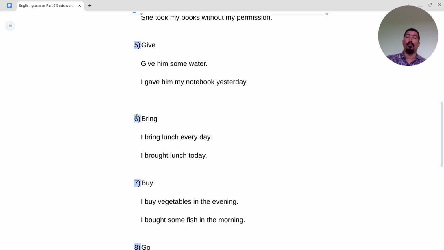So here the next word is bring. What is it? Bring. Okay, so what is the meaning of bring? I will give you an example first before I explain the meaning. So the meaning will be very clear with this example. I bring lunch every day. So look at the situation. Some of my colleagues who are